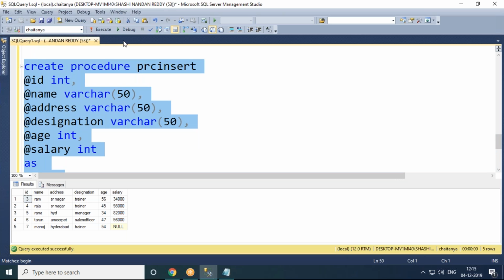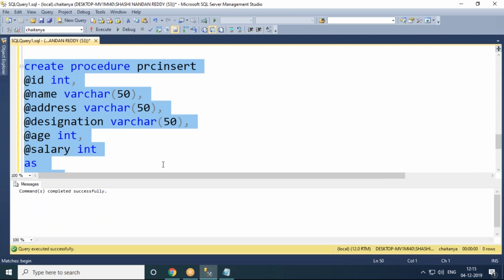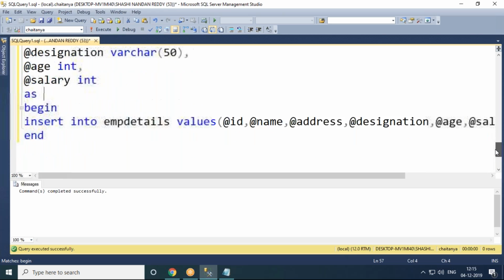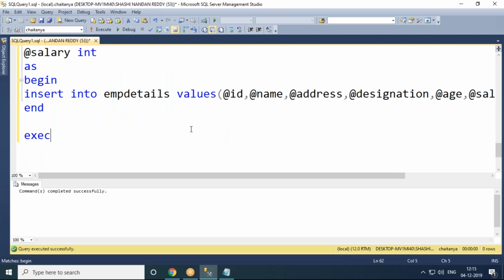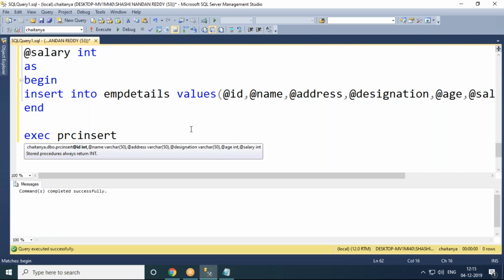Through procedure, I am trying to insert. So PRC insert is our procedure name. Now I am trying to execute the procedure, exec PRC insert. It's a procedure name. We have to pass all parameters compulsorily. ID number 1, name is Mohan. Next, address is HYD. We have to provide a comma compulsorily. Then after address, designation trainer. Next age 35. Salary, suppose